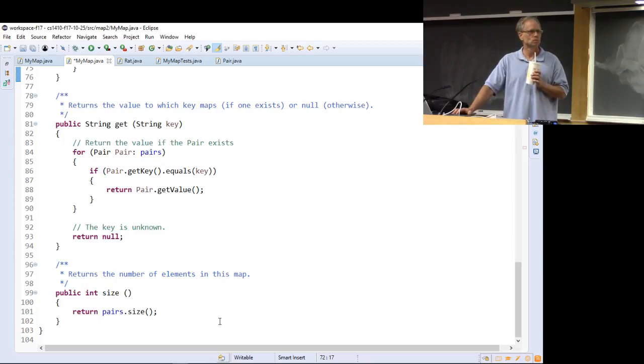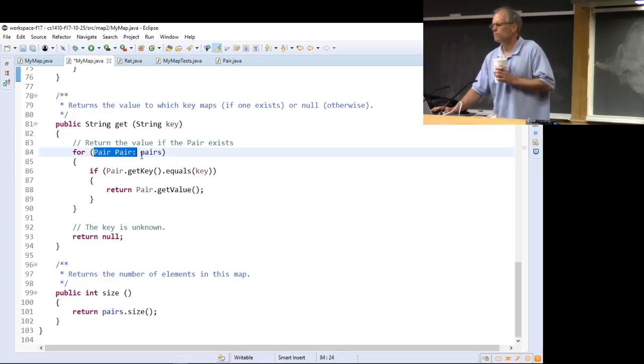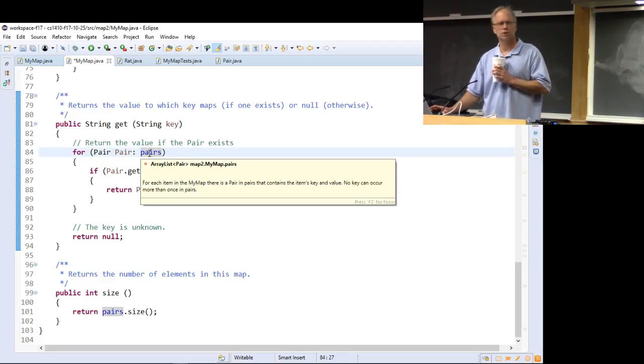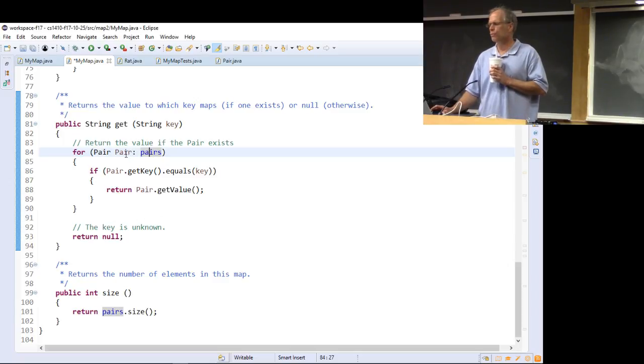Yeah? I just want to make sure, that's a for each loop, right? This here? Yeah, that's a for each loop. Every time, so we got a collection, in this case an array list of pairs. Each time through the loop,